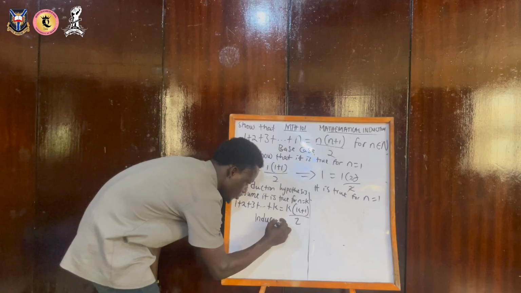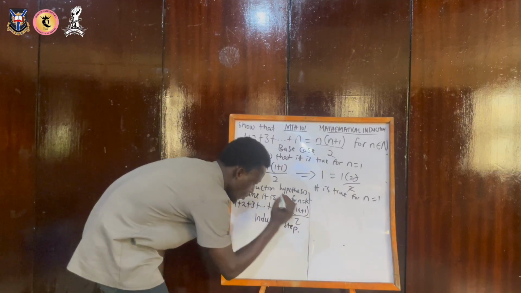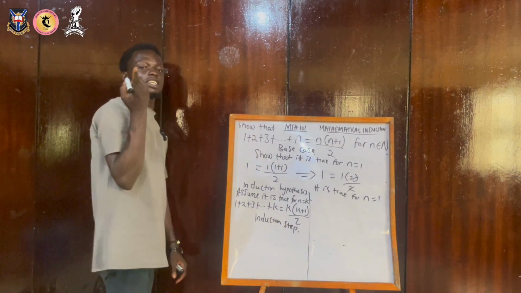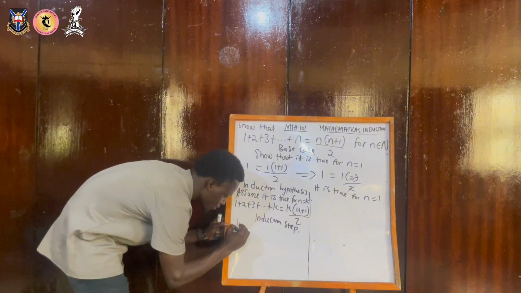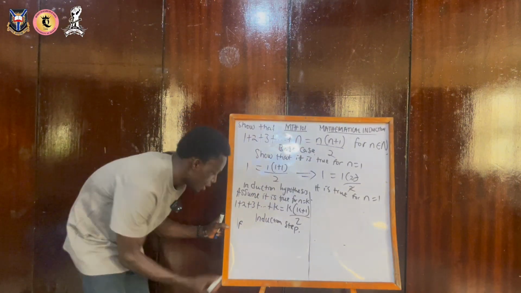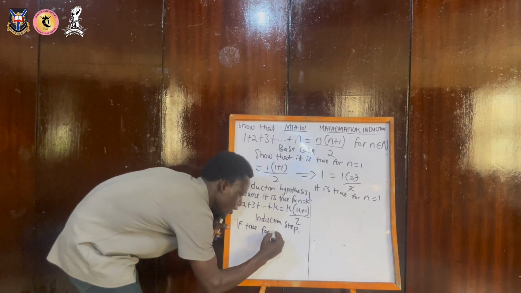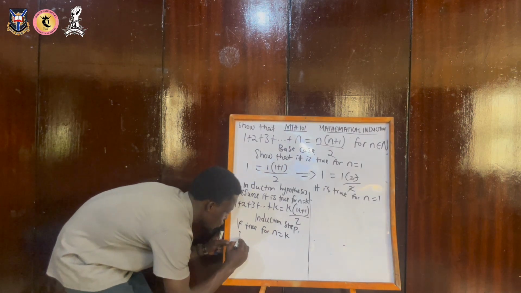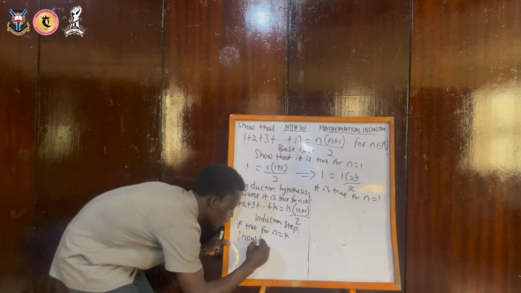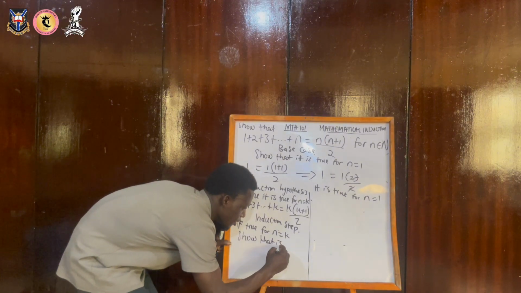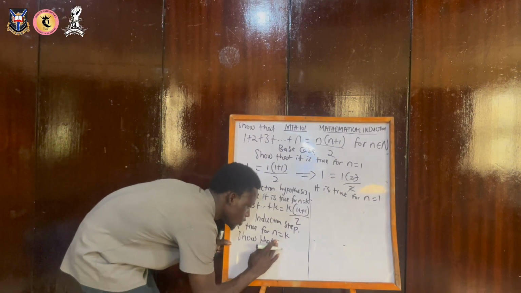For your induction step, this is how you write it. If true for n equals k, then show that it is true